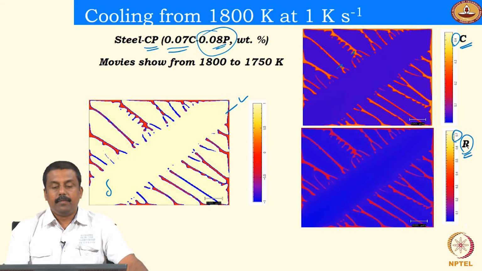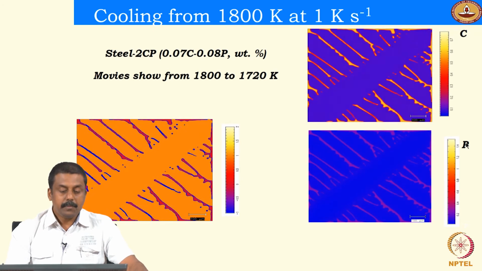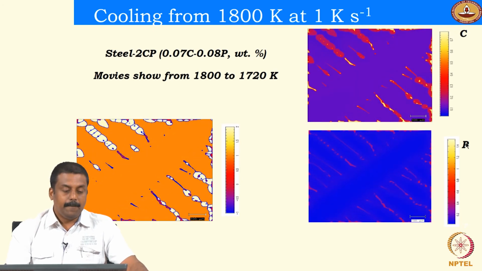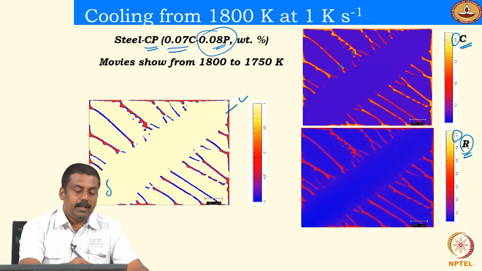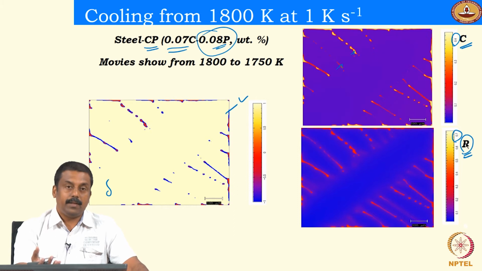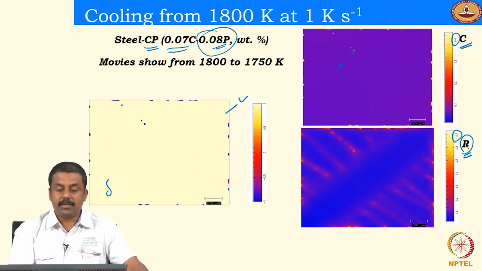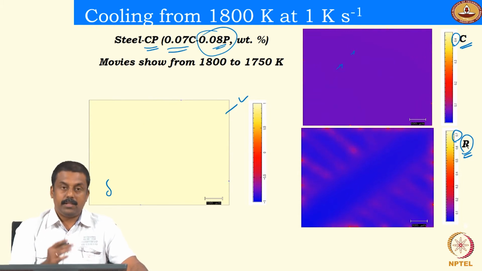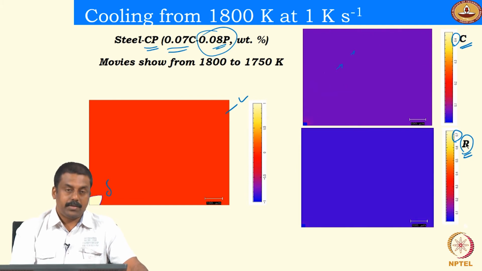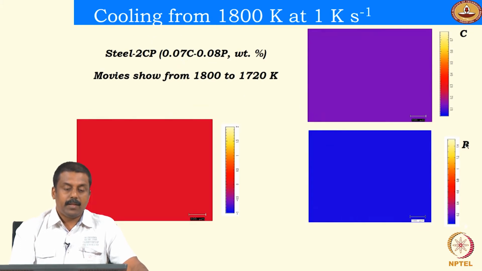So now we will see steel CP again. In steel CP's case, first we have the complete solidification of liquid into delta ferrite, and then subsequently delta ferrite transforms to austenite, and you may expect a very severe segregation in this case, because the delta ferrite carbon concentration is much less than the liquid carbon concentration. There will be severe partitioning of carbon from delta ferrite to liquid when it is solidifying, whereas in steel CP,